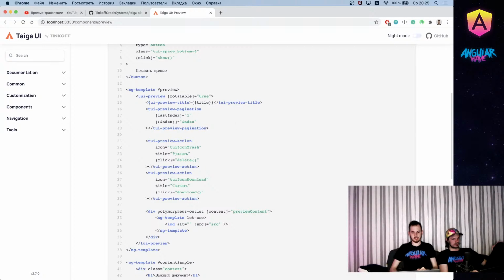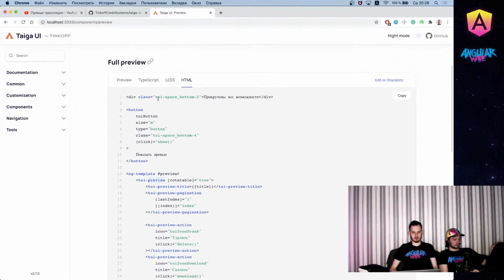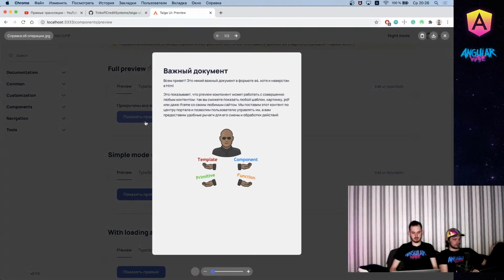So for example, I can provide here a preview title, a preview pagination, and a couple of preview action buttons, and the preview component understands that it got this title, pagination, and buttons,